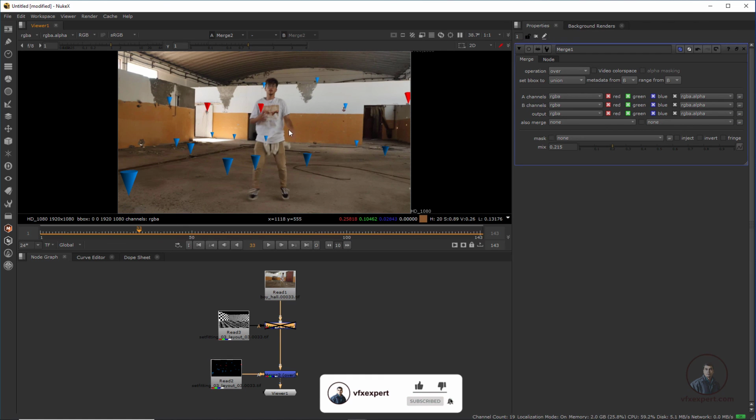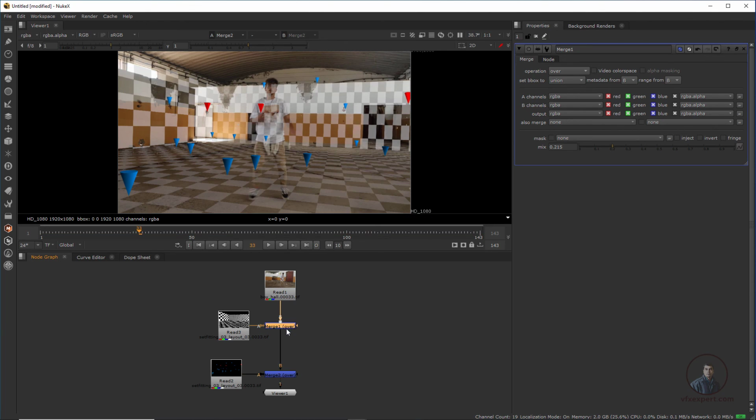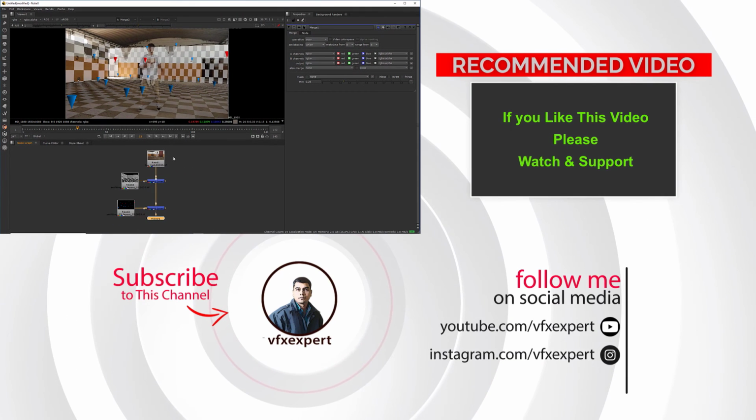So whatever elements you need, you can enable and render out from here. So if you want checker only, then press D again here and select this one and press 1 here. So this is your checker only, and if you want to adjust your transparency, then you can adjust. Okay, this totally depends on you, and if you want to render both, then select this one and press 1. Okay, so according to your requirement you can adjust and render from here. So till here I have completed this.